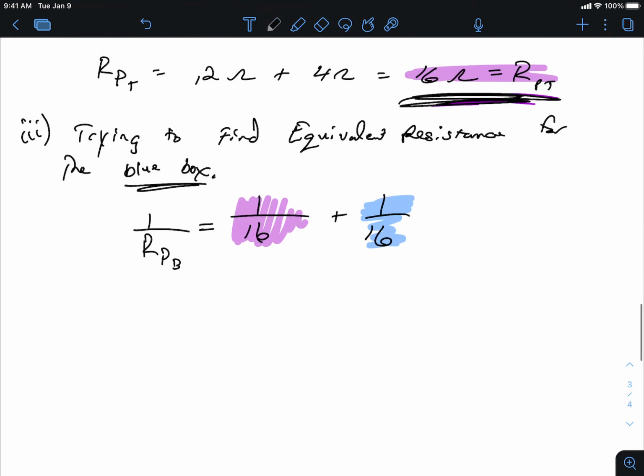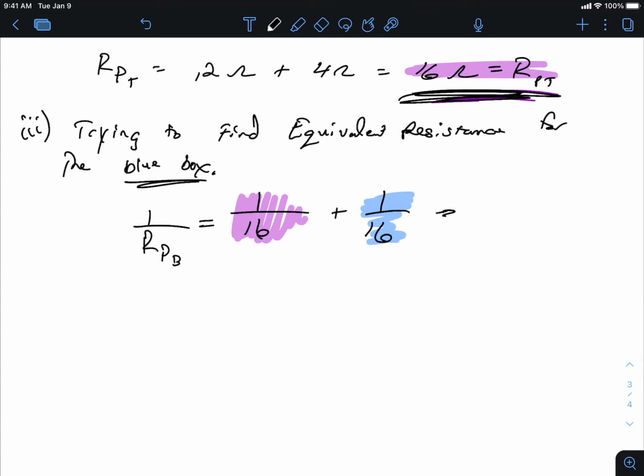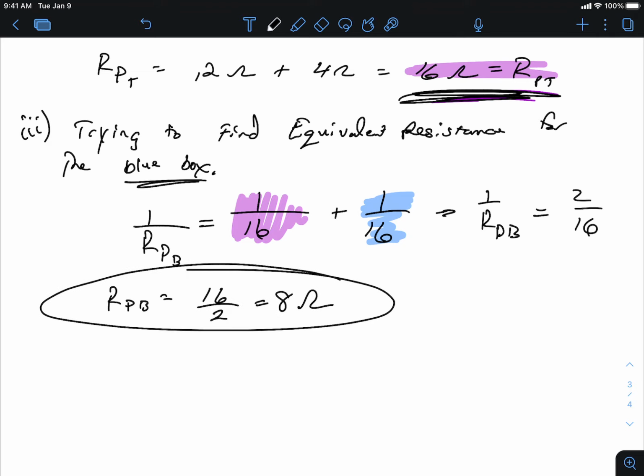Okay, and so we're going to get 1 over RPB equals 2 over 16. If I were to solve for RPB,